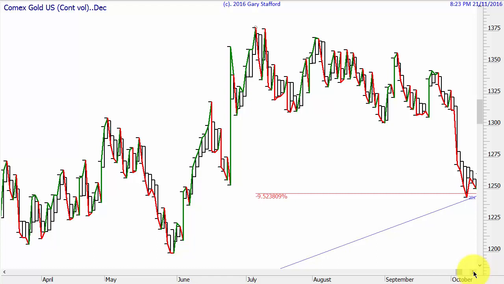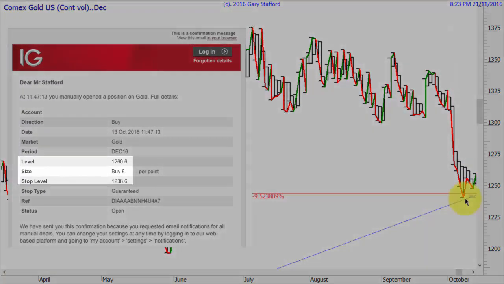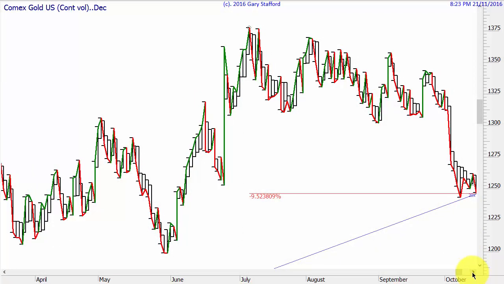So I was just watching it to see if something happened, and the next day it came down. The next day it came down, and the next day it went up, and you can see that we formed a higher trend indicator line bottom because the line's gone from red to green. So I decided to make the trade here above that top, and I placed my stop loss below that low. The next day it came down, but my stop loss hasn't been caught. It actually gets the angle, which, looking back with hindsight, I should have waited for, but of course you don't know whether it's going to just miss the angle slightly and go straight through, so you've got to make a decision.